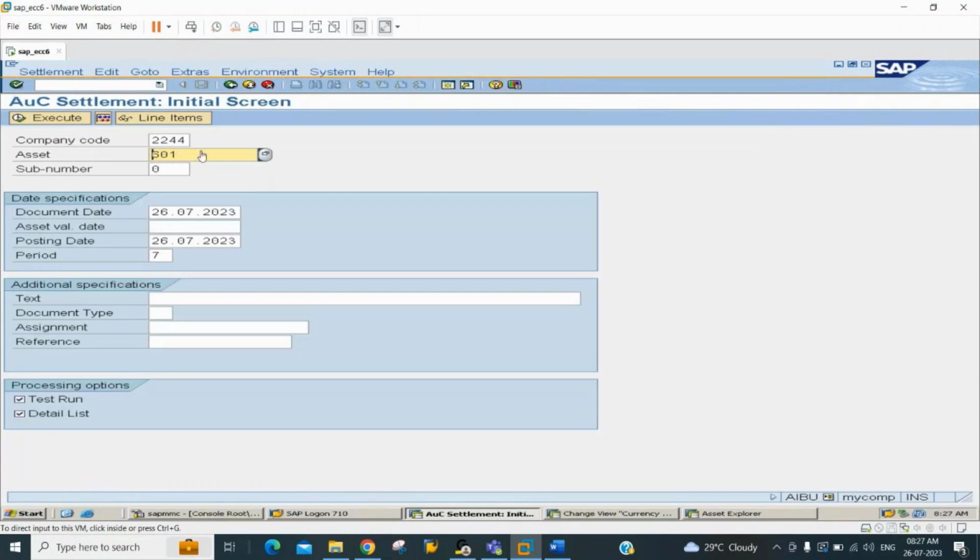So here we need to put in the AUC asset master data, and then the date on which you want to do the settlement. So we need to enter the date specification like the document date, asset value date, and posting date. Let the document date, value date, and posting date be the same, today's date, and then we can write the text here as AUC settlement,